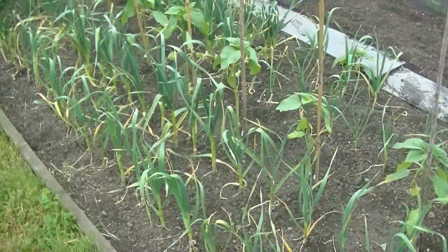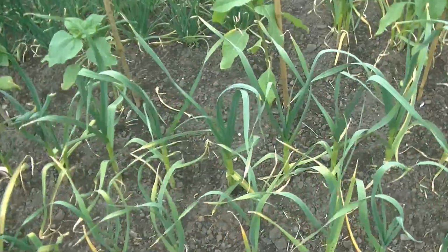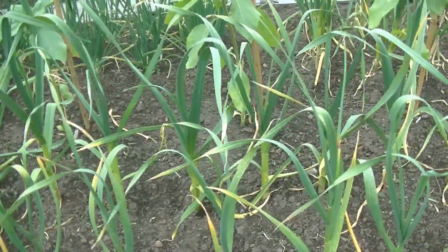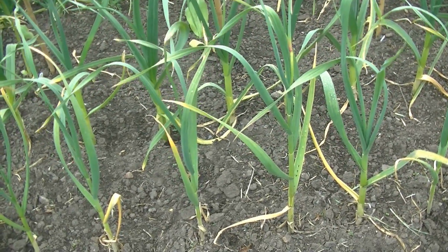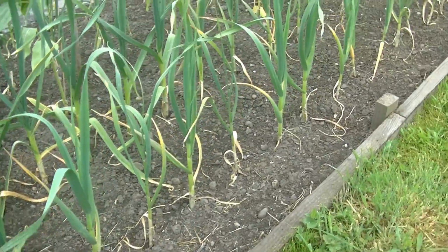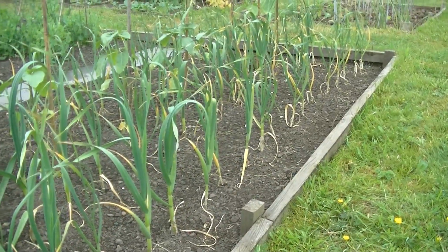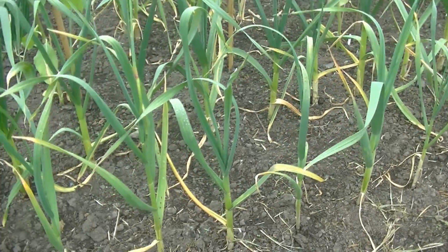And then the main garlic crop. I'm starting to expect to see some changes in these soon. They're going to start to throw up the scapes, and we'll start to see a lot more of the leaves starting to yellow. But I just think that's because they are going to be starting to come to the end of things soon. It's one of the first things to get harvested in the way of the alliums. So yes,